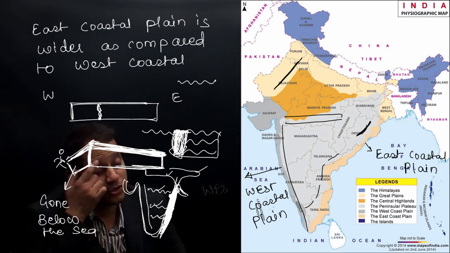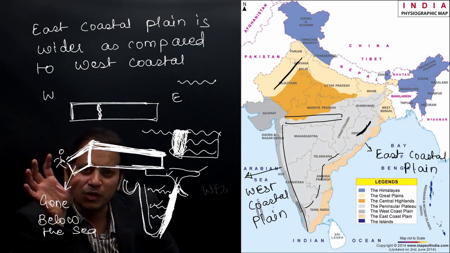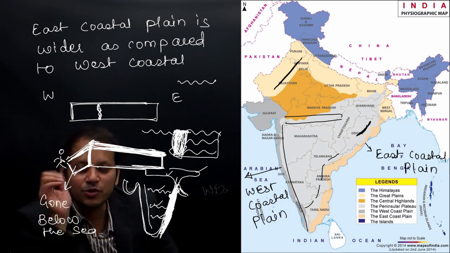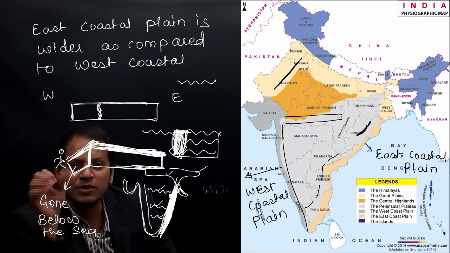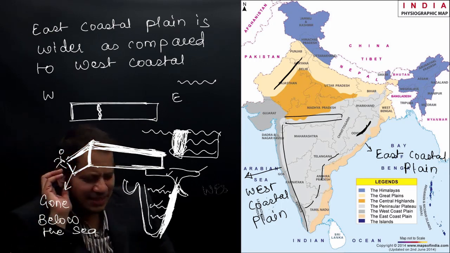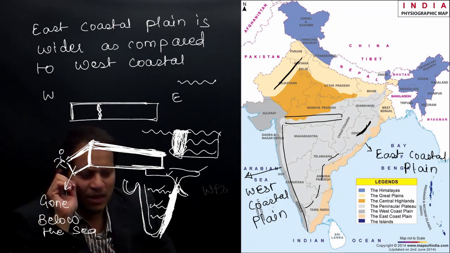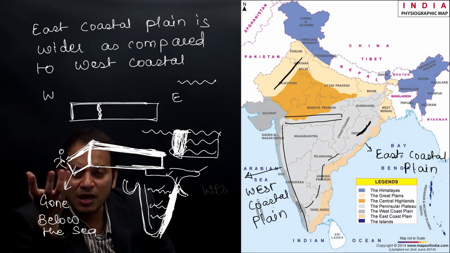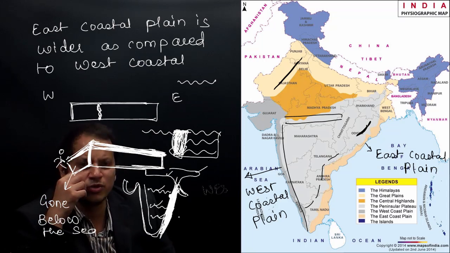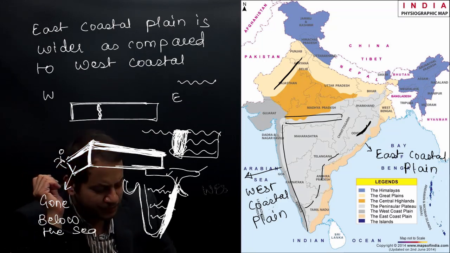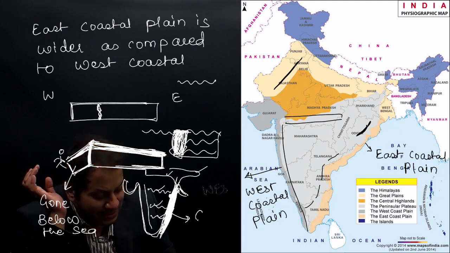If you remember the story of the crow, who wanted to drink the water, so he filled the pot with pebbles and brought the level of water up. Similarly, here the sediments have been brought by numerous rivers and they have been filled up. As a result, the land has emerged out from the sea, from the shallow sea which is near the coastal region. Obviously, the coastal region generally has a shallow sea. So therefore, in the east coastal plain, the land has come out.